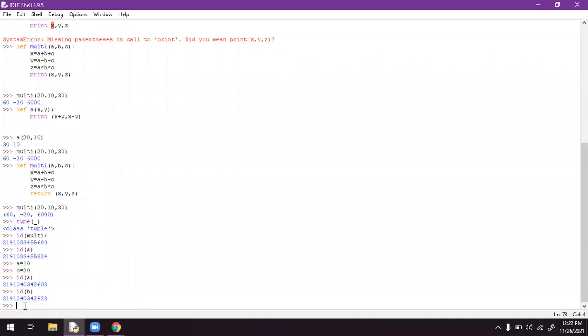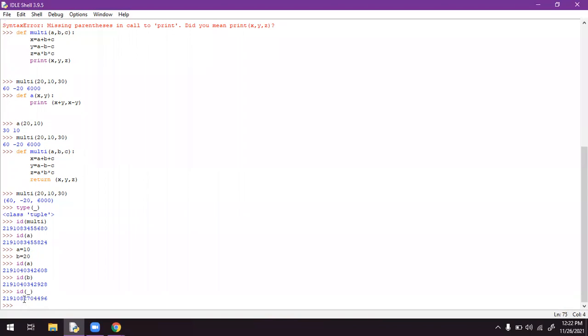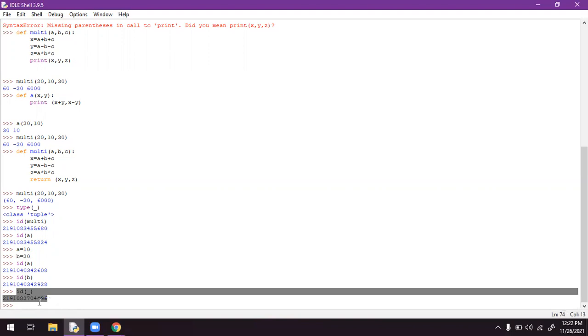You can check for a temporary value also. These are fixed id numbers, but the temporary id will change depending upon the output.